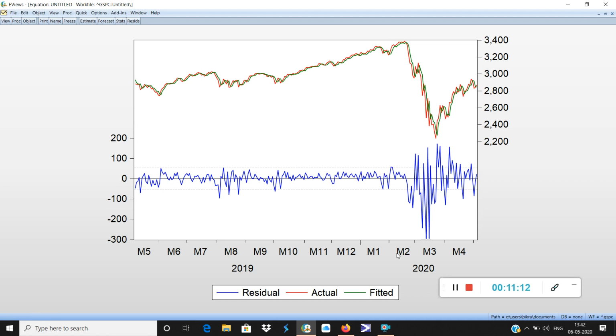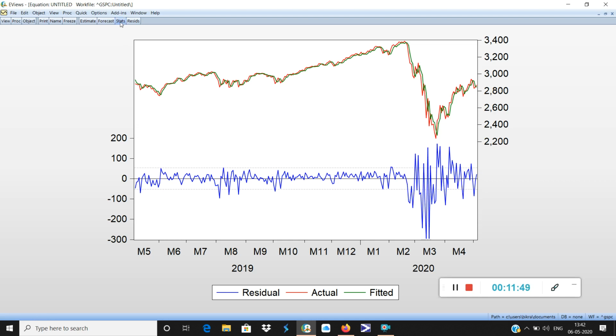But the moment the condition becomes volatile and a catastrophic event is striking, you can see it has struck somewhere here, 19th of February 2020. From 19 February 2020 onwards, you can see this zone, the entire prediction mechanism goes for a toss. So what we learn here is that in normal, regular times, the ARMA model is pretty good. You will be able to predict the market.